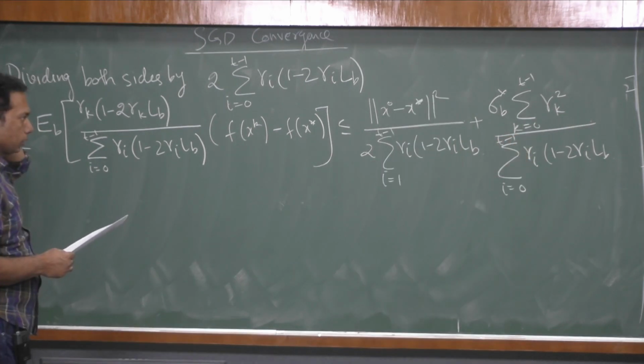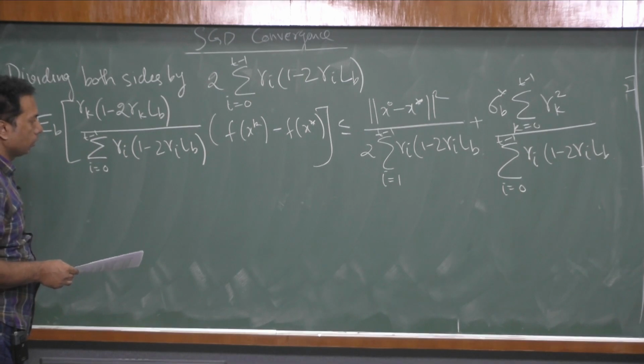There is one term left in the middle on the right, which is x_t minus x star,